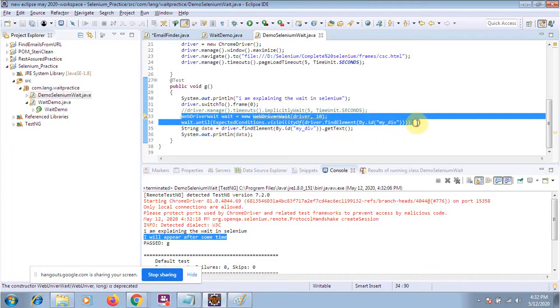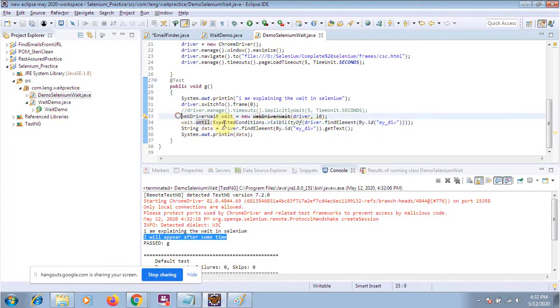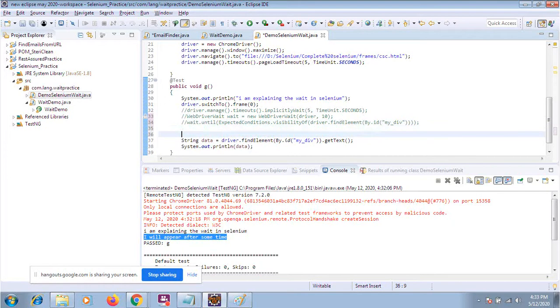So now let me comment this one again, and now we will use the fluent wait. Always remember, as I told you, in the fluent wait you can fully customize all the things. So let me try to write the command of the fluent wait. It's a better idea to copy it from the Selenium website, but I will try to write it.